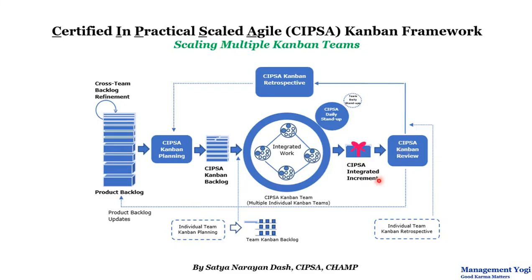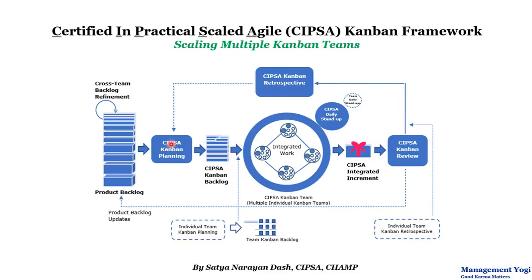because our focus is not with respect to individual team increments, rather it is with respect to the CIPSA integrated increment. The CIPSA Kanban review meta event will be followed by another meta event called the CIPSA Kanban retrospective. In this meeting, the CIPSA team will be deciding what improvements can be made. And this meeting is also going to be facilitated by the principal flow master. If any improvements are taken up, this will come up in the next CIPSA Kanban planning